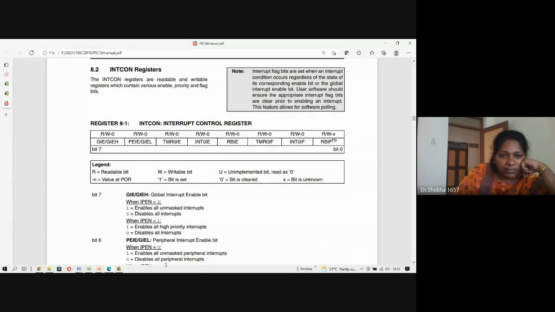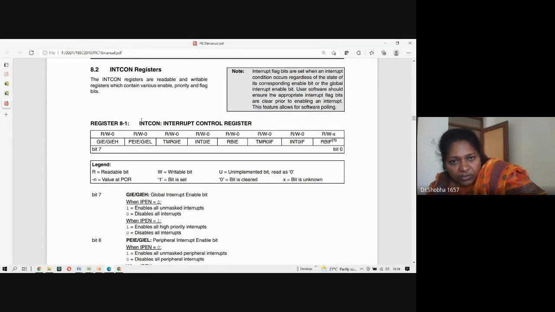Okay, see the first bit is a global bit, second bit is a peripheral interrupt bit. So when you're using timers and all, you have to enable both. Other than that, you have three interrupts which are enabled here. There is an interrupt in port B, that is one interrupt. There is timer 0 interrupt. There is external interrupt 0. Okay, three interrupts which can be enabled, and all the three also can be indicated as the status. Fine. So you should be able to understand how to enable these bits and how to access the interrupt.